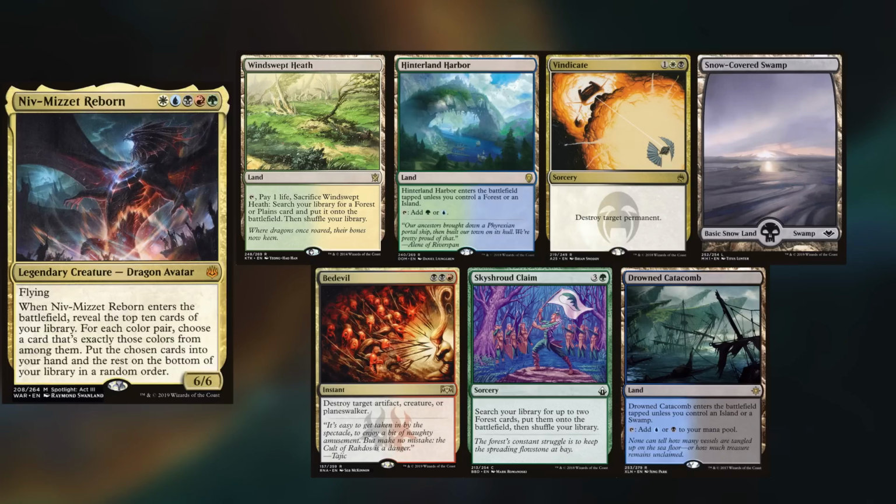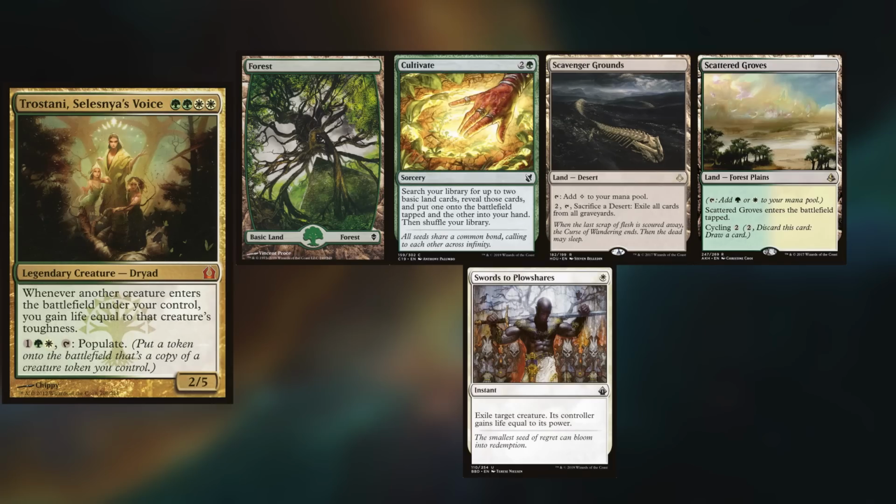Alrighty, today is another Multizone matchup, and we have new player Chris bringing the new Niv-Mizzet Reborn. He's kept a Windswept Heath, a Hinterland Harbor, a Vindicate, a Snow-Covered Swamp, Bedevil, Skyshroud Claim, and Drowned Catacombs. I am rocking the Trostani deck, keeping a Forest, a Cultivate, a Scavenger Grounds, a Scattered Groves, and a Swords